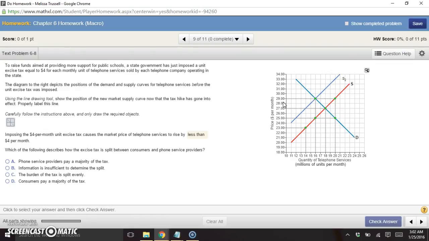So the burden here is split evenly, which again we know because the consumer's price for telephone service in this case rose by $2, but the whole tax was $4, which means the supplier has to pay the other half, the other $2 of this tax. So the burden of the tax is split evenly. The consumer's paying $2 more now that there's a $4 tax, and the supplier's paying $2 more now that there's a $4 tax. So we'll check that